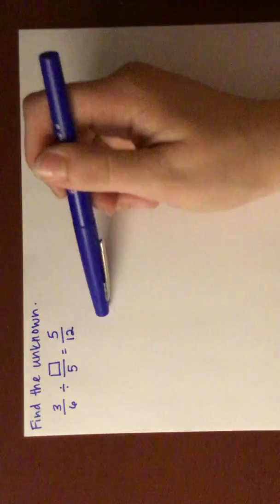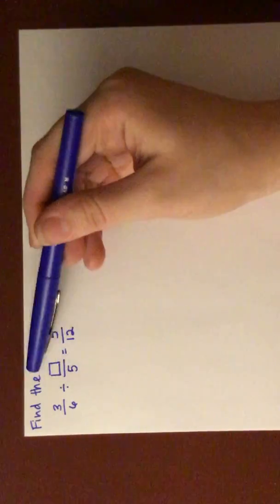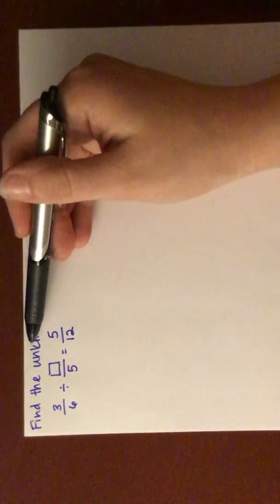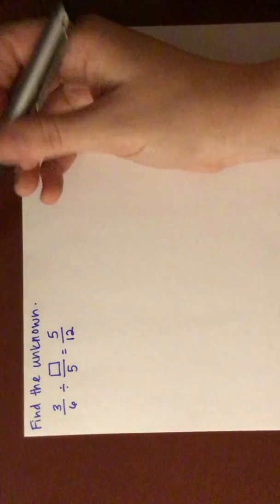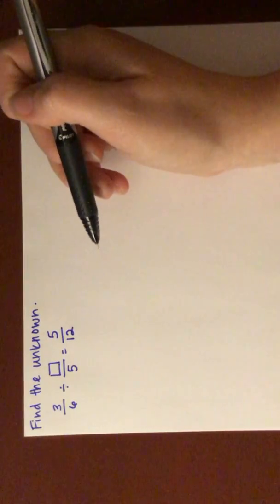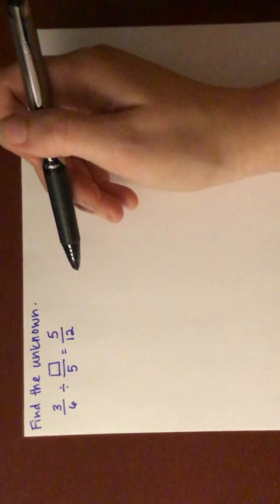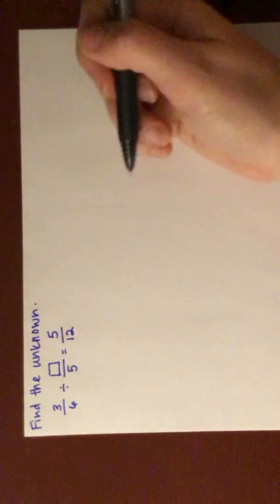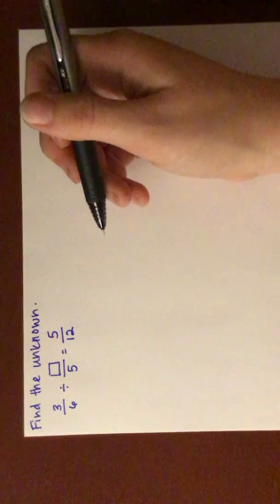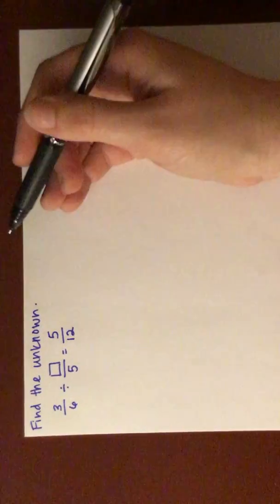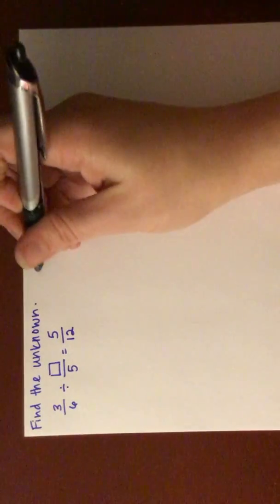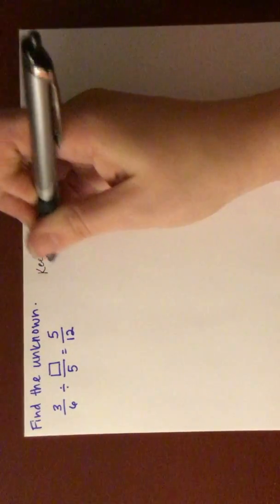Alright, so I'm going to come with another strategy here for when our unknown is in our divisor like this. So again, I've got 3/6 divided by an unknown over 5 equals 5/12. Now before, I started straight with my keep, flip, change strategy, and so I'm going to do that again for my second strategy here. So we had the strategy of fact families, and then we're going to have the strategy of starting with keep, flip,